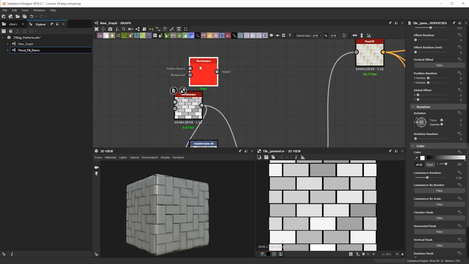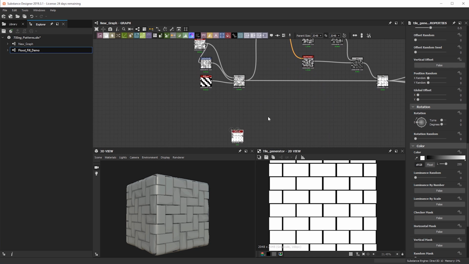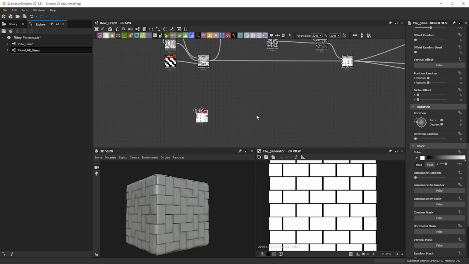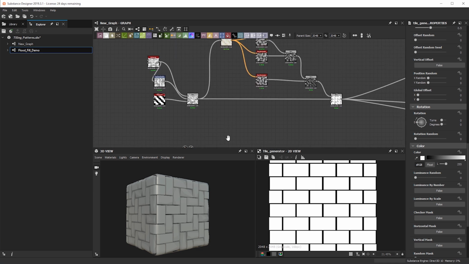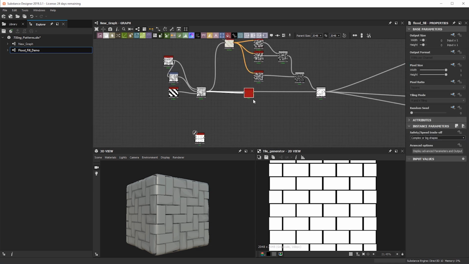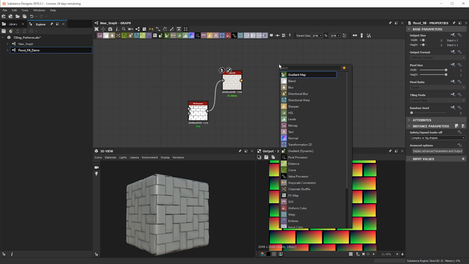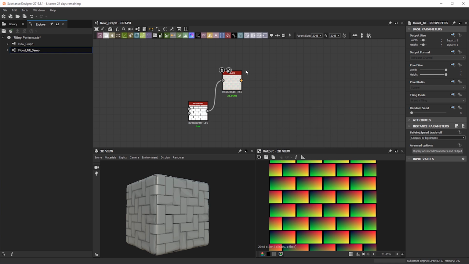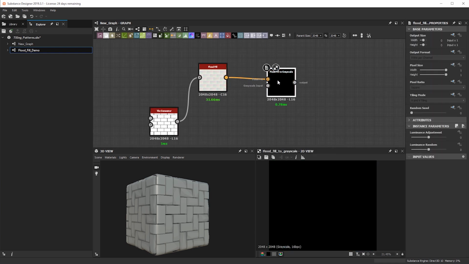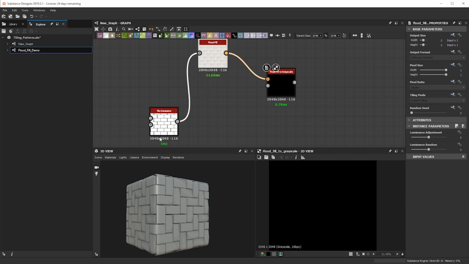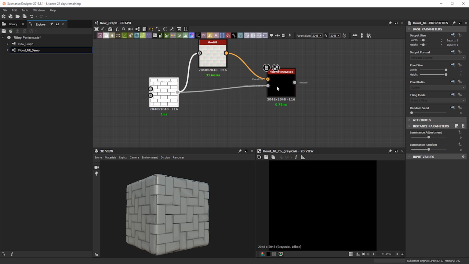So for example, let's take this tile generator, and I'm going to turn off the luminance random on this guy. Now, say we had something super intricate where we didn't have this option, or even in the tile generator, we just didn't have the option. The cool thing about the flood fill is that we're able to introduce grayscale values into your original pattern, because within the list of flood fill nodes we have one called flood fill to grayscale. And it's exactly as the name says. We're going to get some grayscale values from our flood fill in our original pattern. So if we plug in this guy,